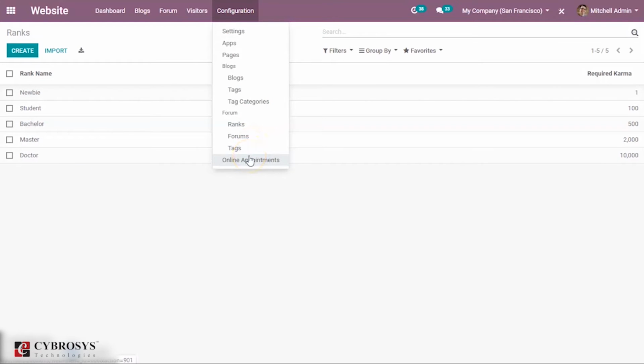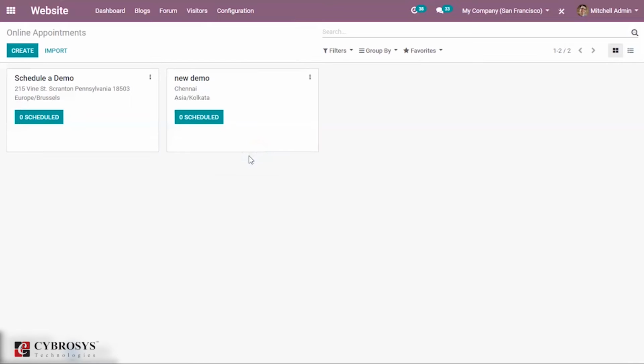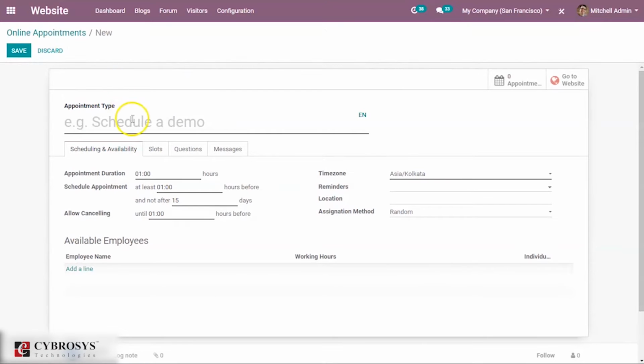And then the next thing is online appointment. From here you can create online appointments. Here you can provide an online appointment type, and suppose here you can provide the name as schedule a meeting.